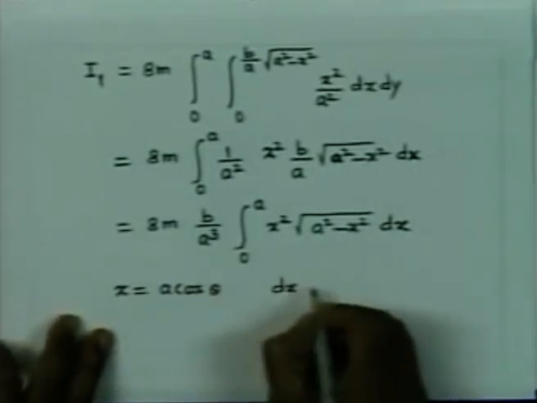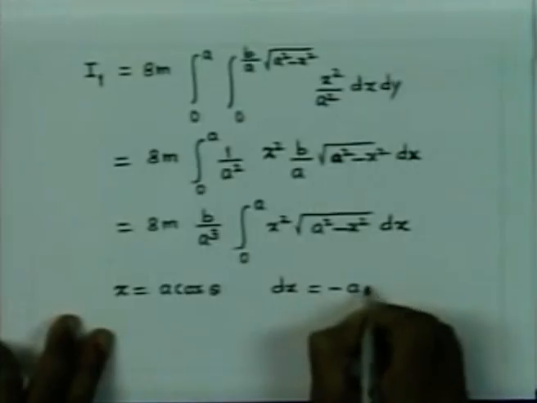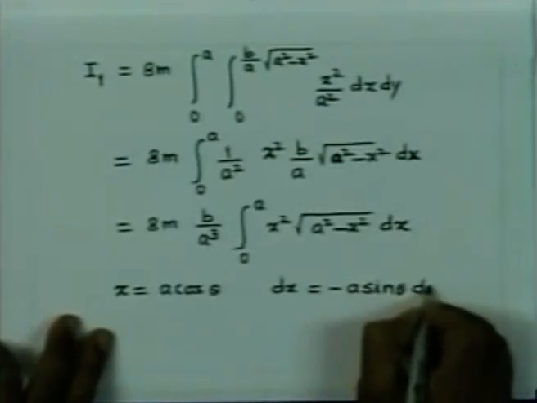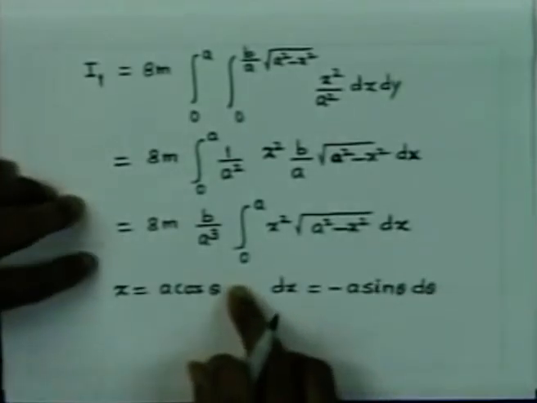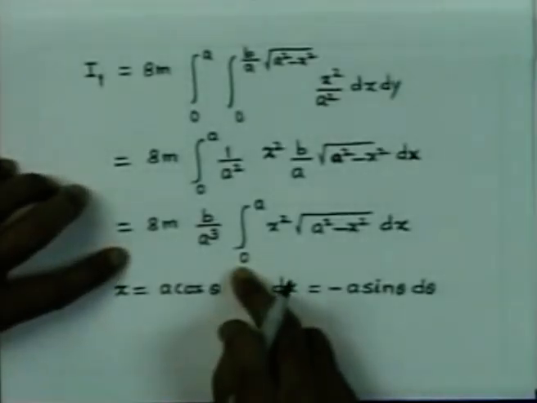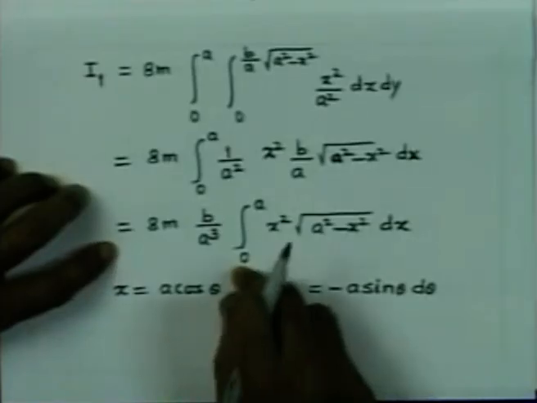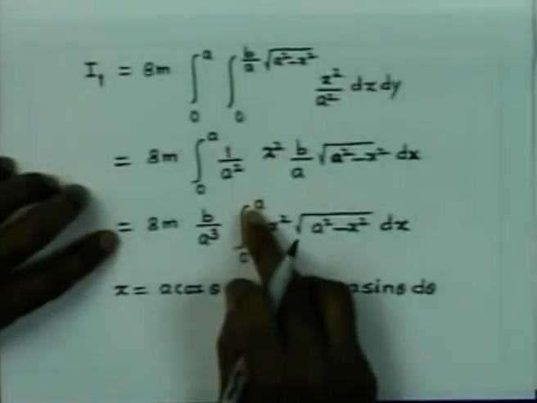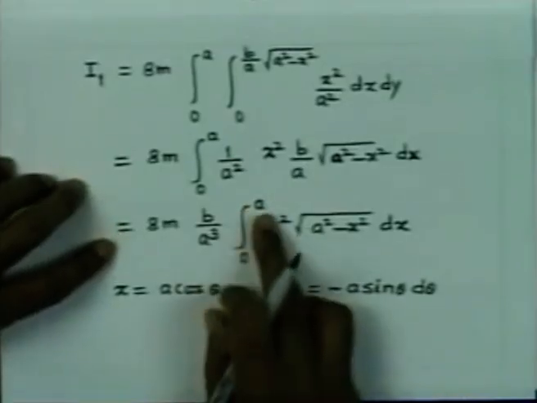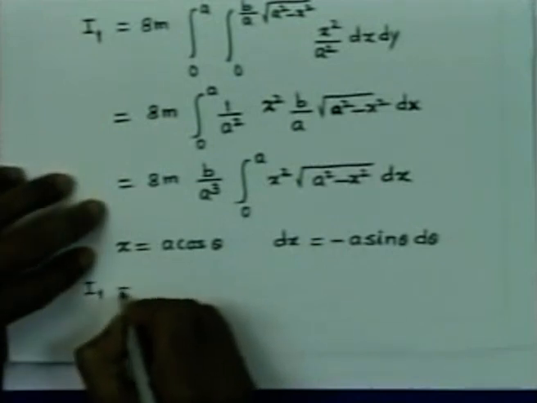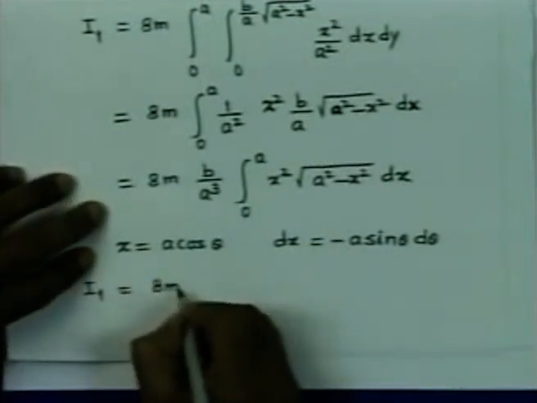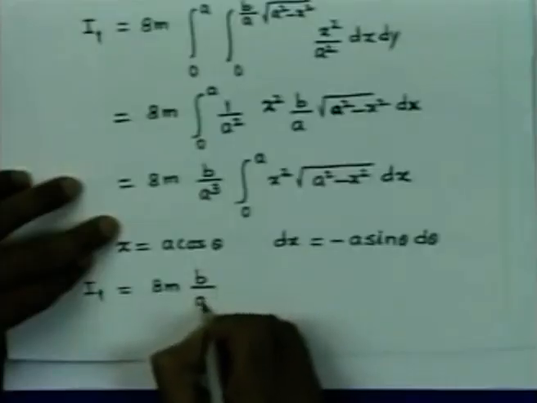Then we have dx is equal to minus a sin theta d theta, and the limits of integration will become: cos theta equal to 0 means theta is pi by 2, and cos theta equal to 1 means theta is 0. So, our integral I1 is going to look like this: 8m b by a cube